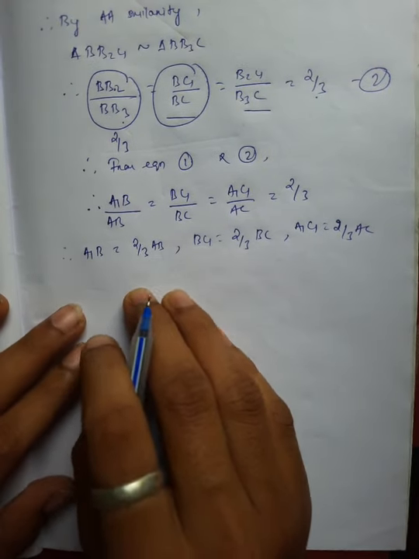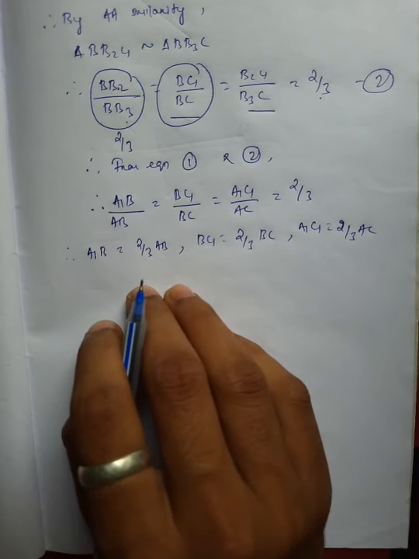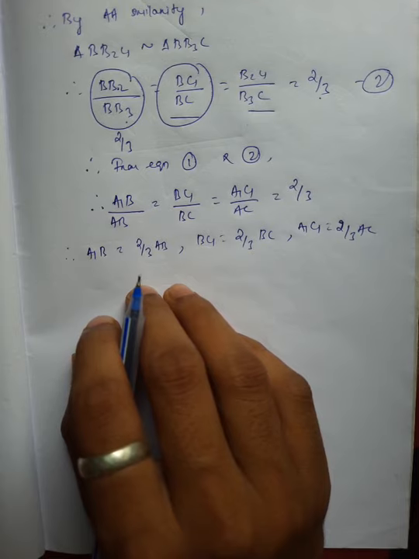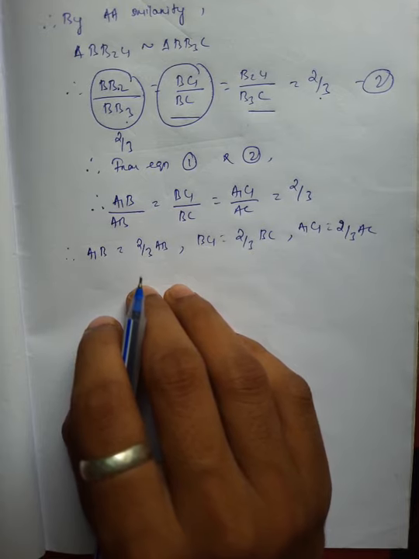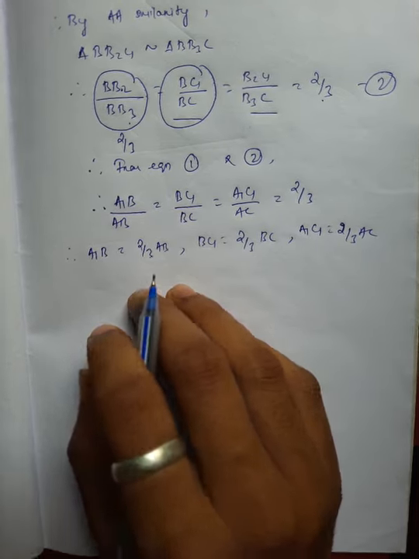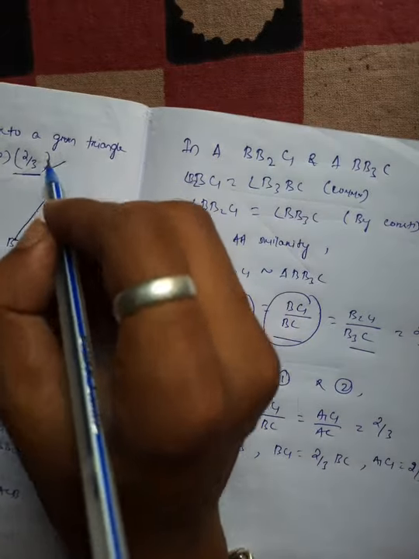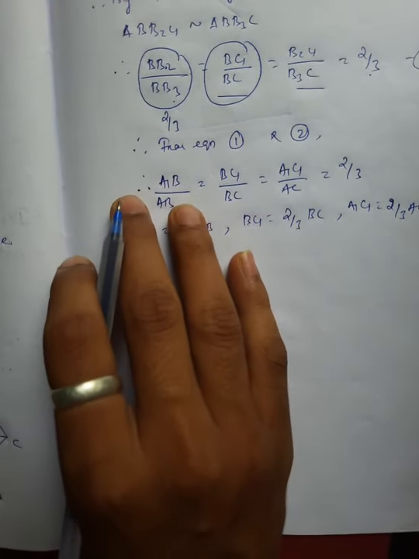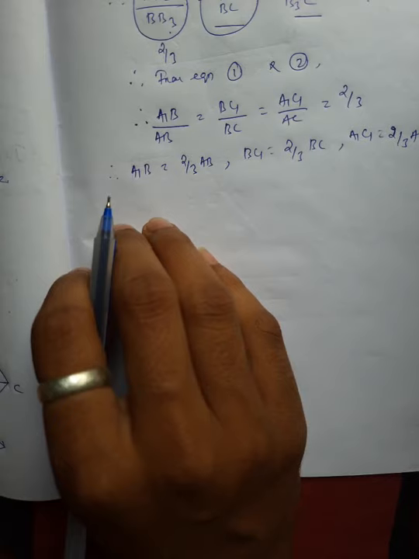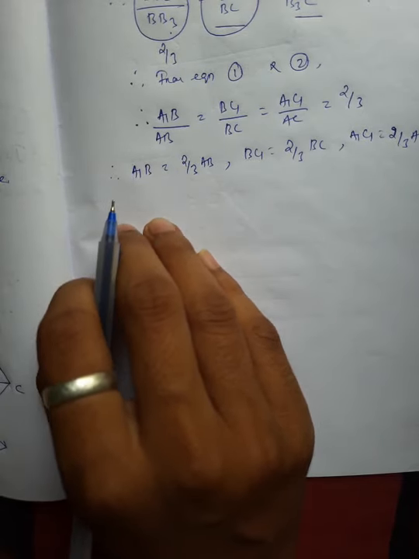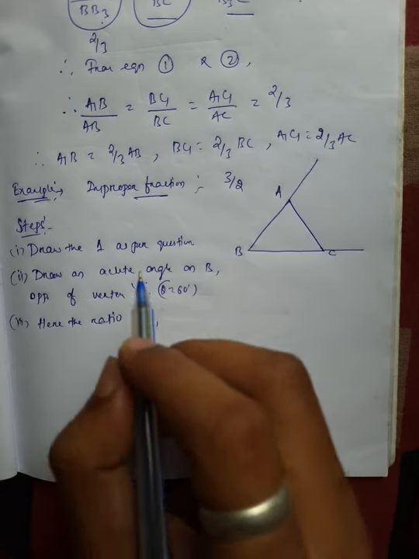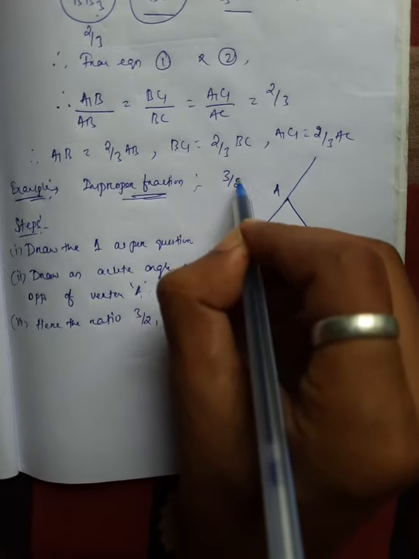I think we all understand. Okay, thank you. So now we are learning another topic, where it is an improper fraction. In this case, 2 by 3 is a proper fraction. If there is an improper fraction, how can we draw this figure? So in this case, this is an improper fraction, 3 by 2.